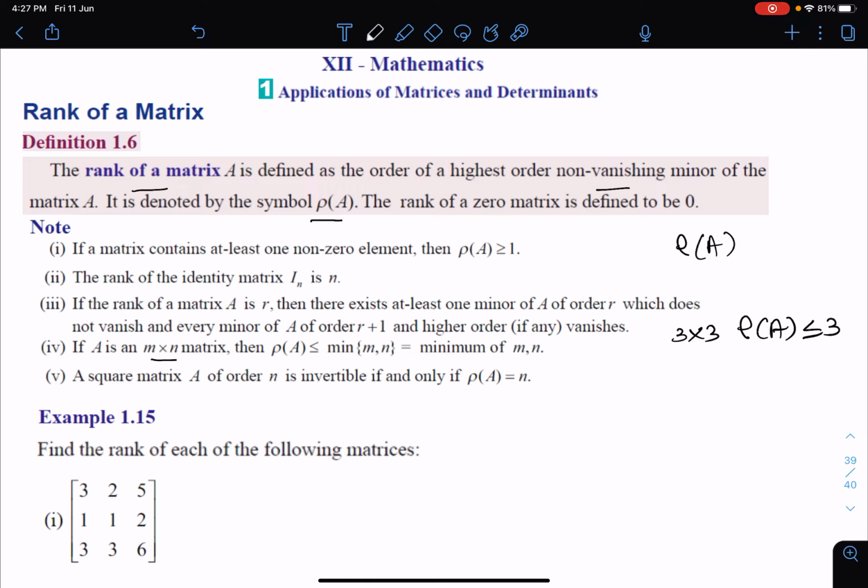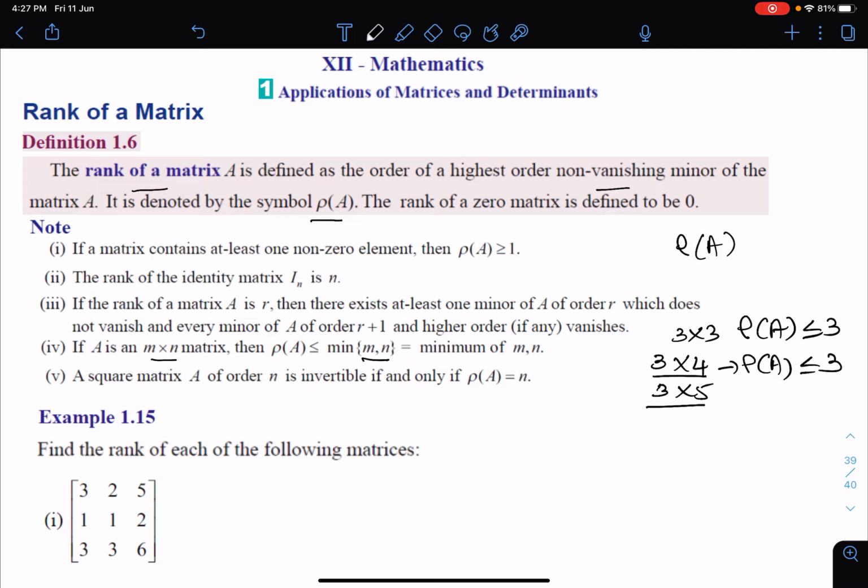So when you get an odd-shaped matrix like 3 cross 4, or a 3 cross 5 matrix, then in this case you should take the minimum of these two. So it is going to be less than or equal to 3. So it can be 3, 2 or 1. Okay, that is the only meaning of this one. So when you get a matrix like 3 cross 4 or a square matrix, no problem. 3 cross 3 means at most 3, 2 cross 2 means at most 2, and 1 cross 1 means at most 1.